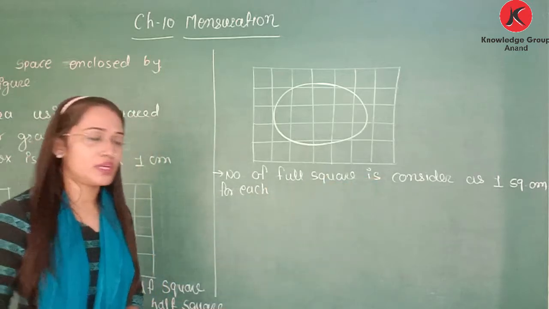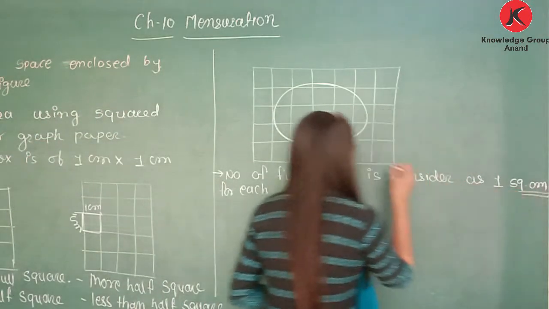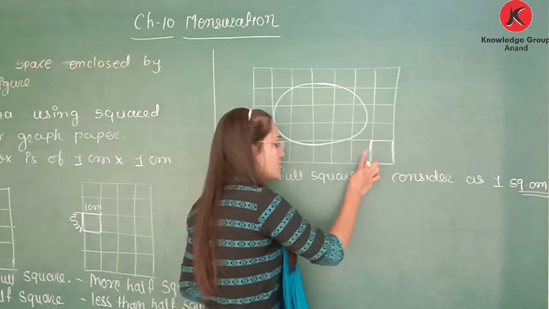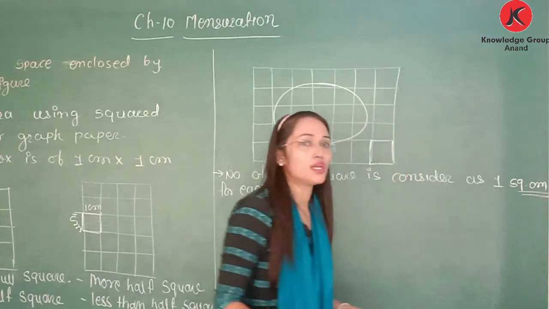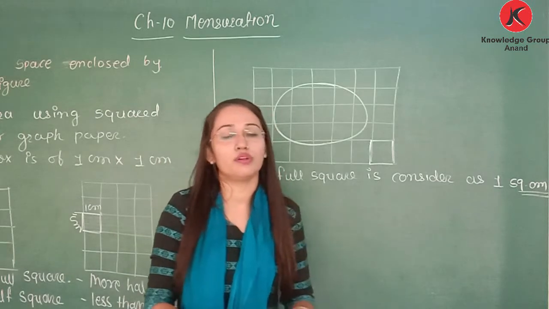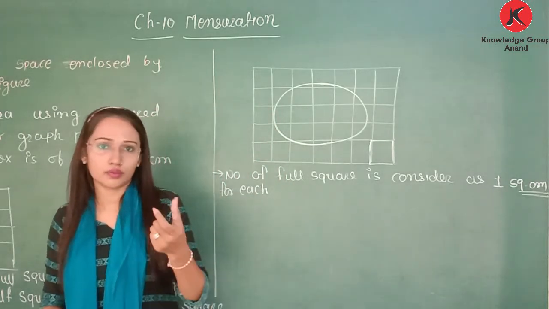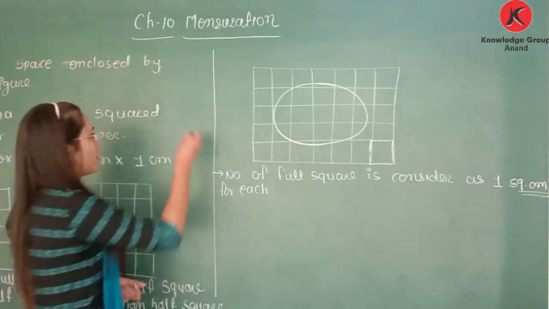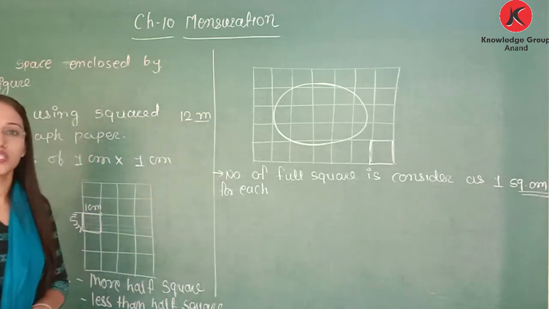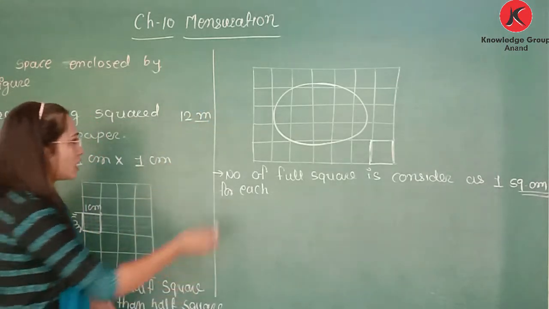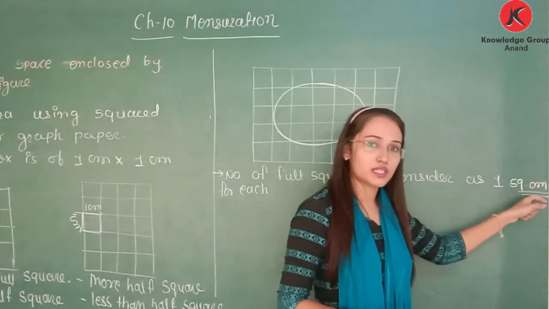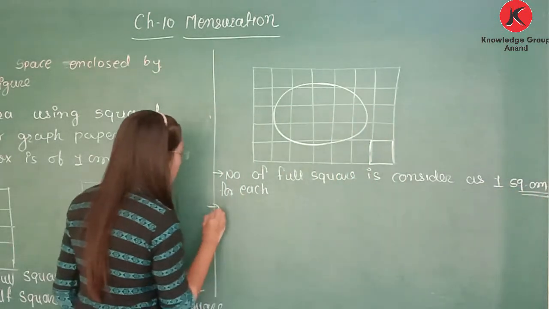So 1 square centimeter, what does it mean? Here each box is of 1 centimeter by 1 centimeter. So the unit will be square centimeter, as we learned about units in perimeter. That is, if our measurements are in meters, then the unit will be in meters. Unit means the unit of the answer. For example, if we find it is 12, then the perimeter will be 12 meter or 12 centimeter depending on the measurement. So same for area, we need to use the unit square centimeter if the measurements are in centimeters. Now, the number of half squares.